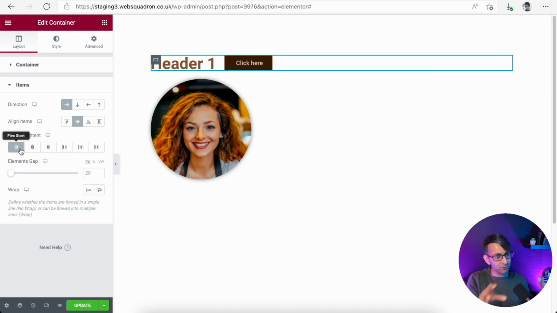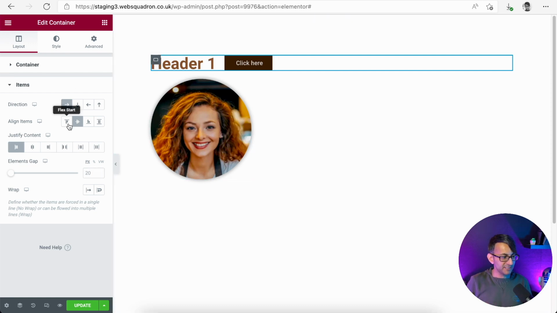So once you get your head round using a section, you can do all the same thing within the column. Because before, you had certain settings for the section, and then you had certain settings for the column. And you had to do one thing here and one thing there. Now, whatever you can do with the parent container, you can do with the child container as well, okay? And you can even do your gaps between your items. In fact, this is something quite important. This one is really, really important.